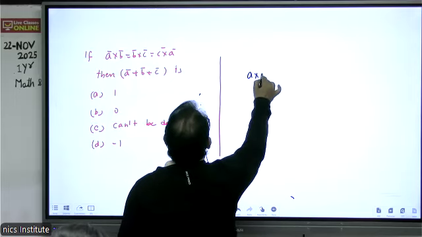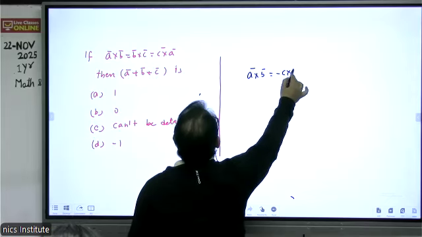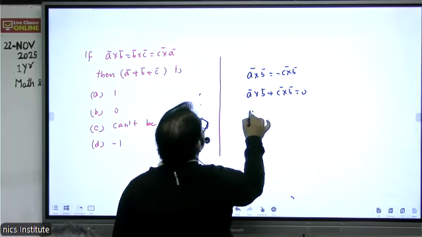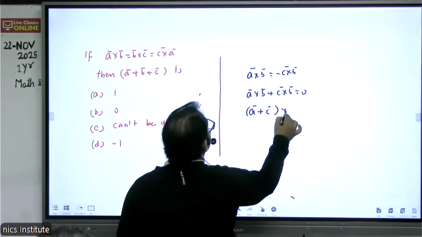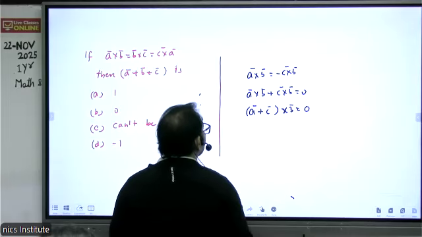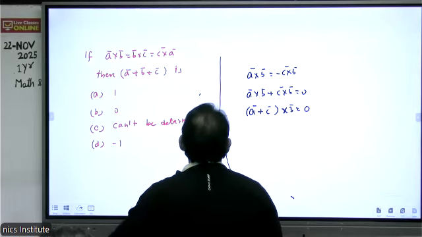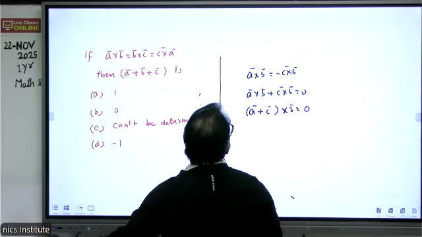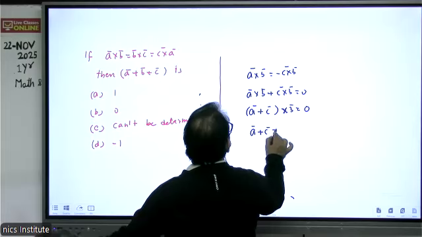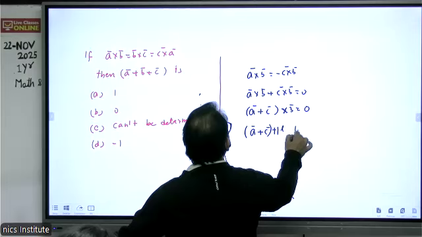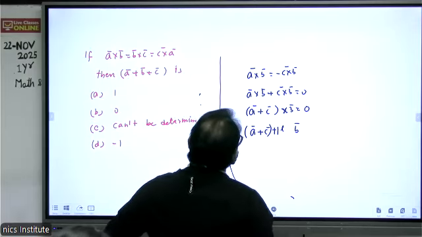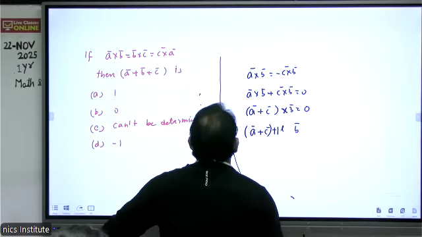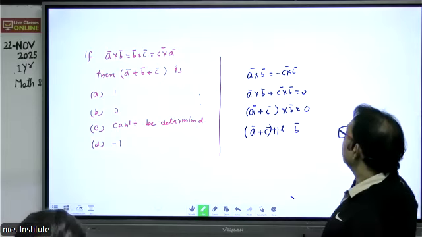क्या कर सकते हो, A क्रॉस B इज इक्वल टू B क्रॉस C। B क्रॉस C को लिख लो -C क्रॉस B। सो A क्रॉस B प्लस C क्रॉस B इक्वल्स टू 0। दैट इज A प्लस C क्रॉस B इज इक्वल टू 0। दैट इज A प्लस C इज लैम्डा टाइम्स B, है ना। और A प्लस C is parallel to B, we can say that। फिर नेक्स्ट पेयर लेके कर लेते हैं, उससे कुछ आएगा।